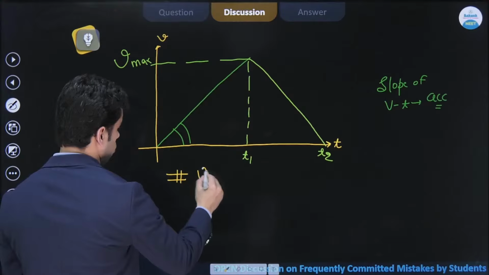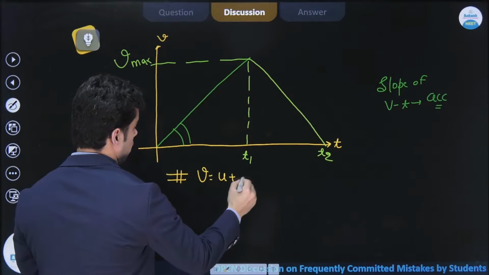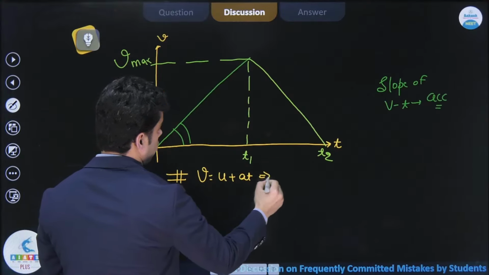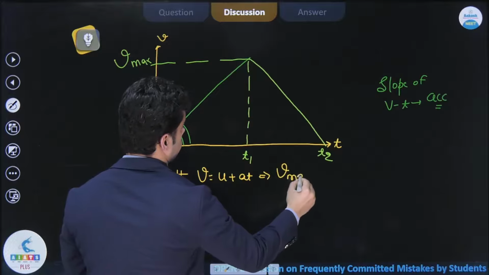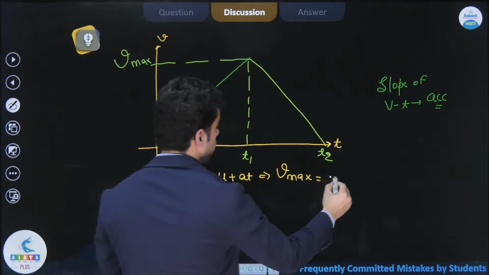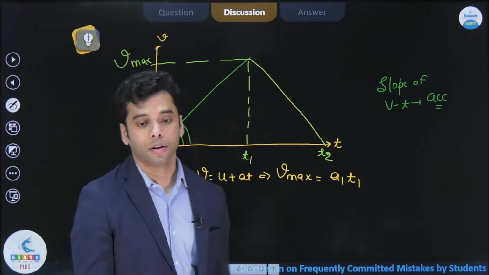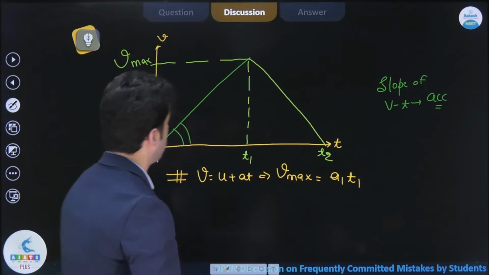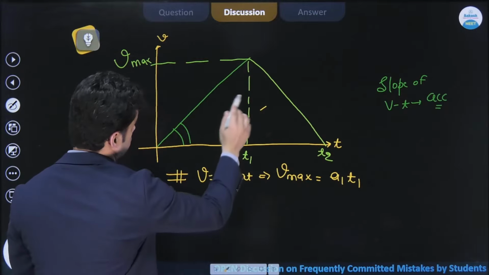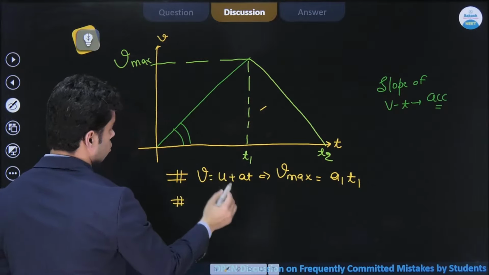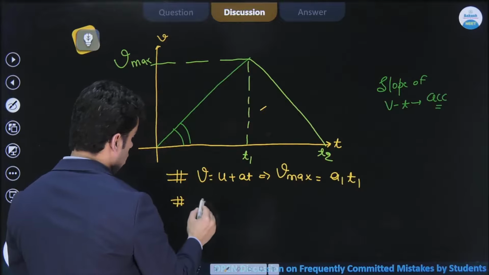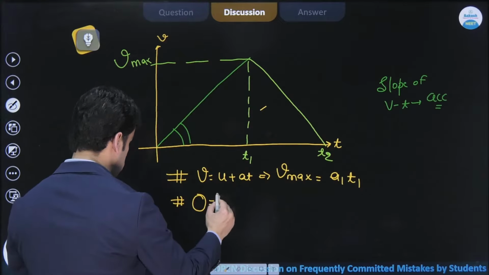सो लेट्स यूज द इक्वेशन v इज इक्वल टू u प्लस at. सो आई कैन राइट दैट vmax इट इज इक्वल टू a1 इंटू t1, राइट? लेट्स टॉक अबाउट दिस पार्ट. सो इन दिस पार्ट again I'll use this equation v is equal to u plus at. Final velocity is 0, initial velocity is vmax,